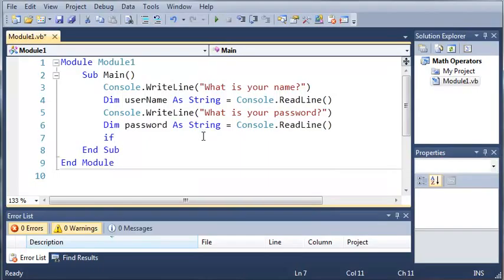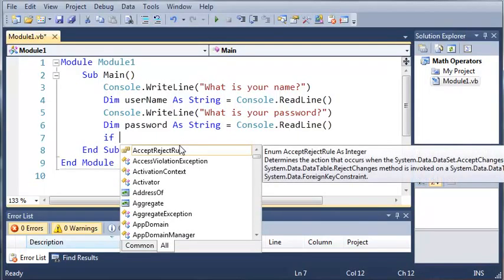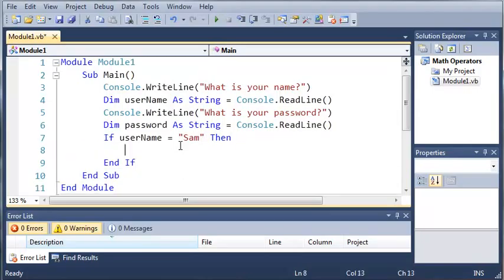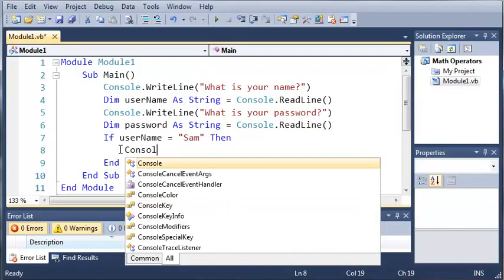So basically what that says is if a certain condition is true, then go ahead and do whatever is inside this if statement. So if username equals Sam, then what do we want it to do? And if you press enter, you can see that it'll automatically add end if for you. Now all if statements have to end with an end if, or else you'll get a syntax error. So we'll do if username equals Sam, then